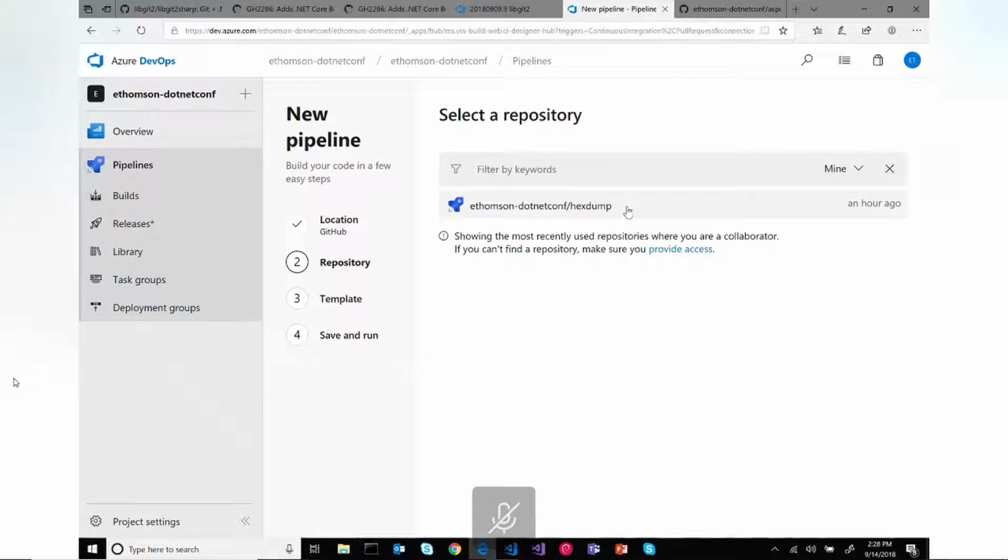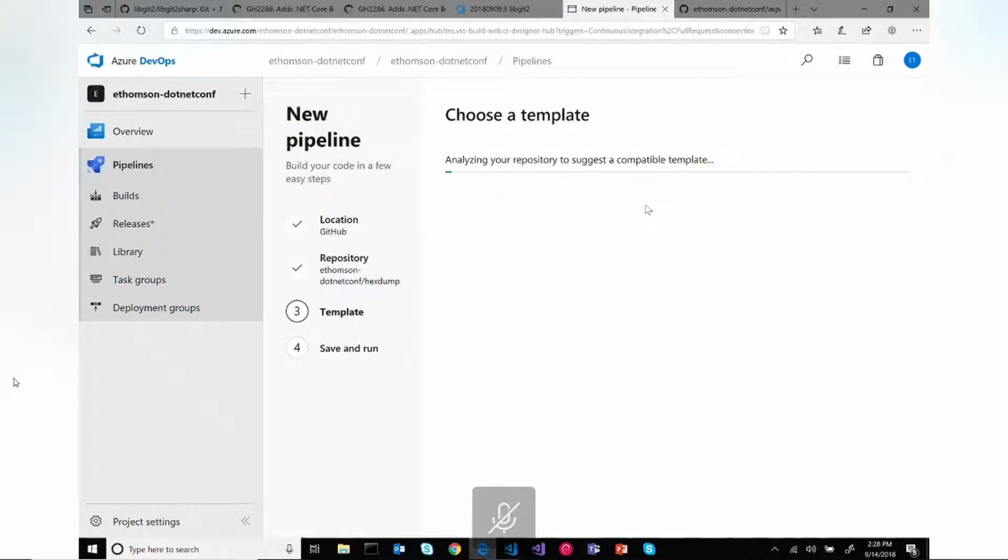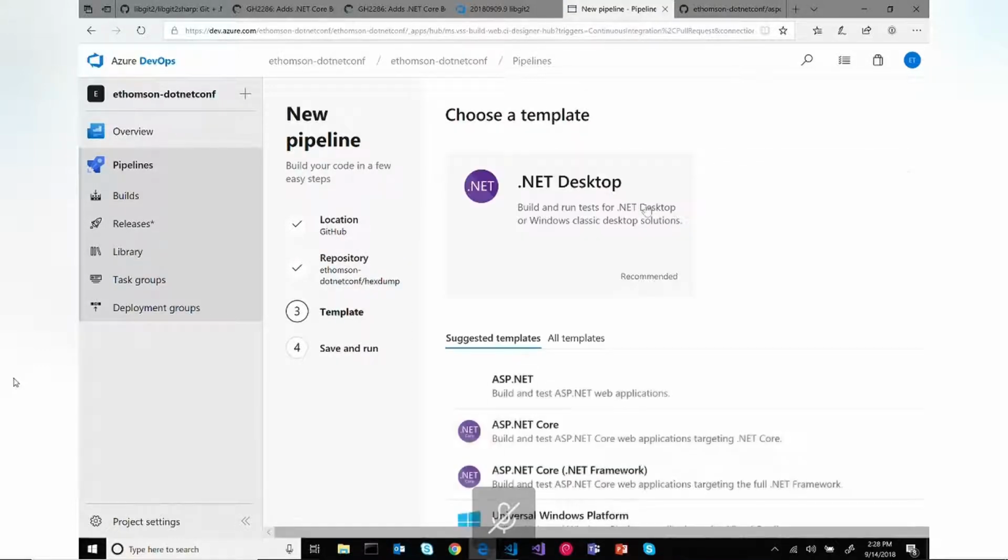So the first thing I need to do to get started building my repository is to select it. Again, I only gave Azure Pipelines access to that one repository. So that's the only one you see here. Had I selected all repositories earlier, you'd see the list. So I'll just click on that. And then Azure Pipelines will actually analyze my project. It will look at it on GitHub and try to decide what kind of